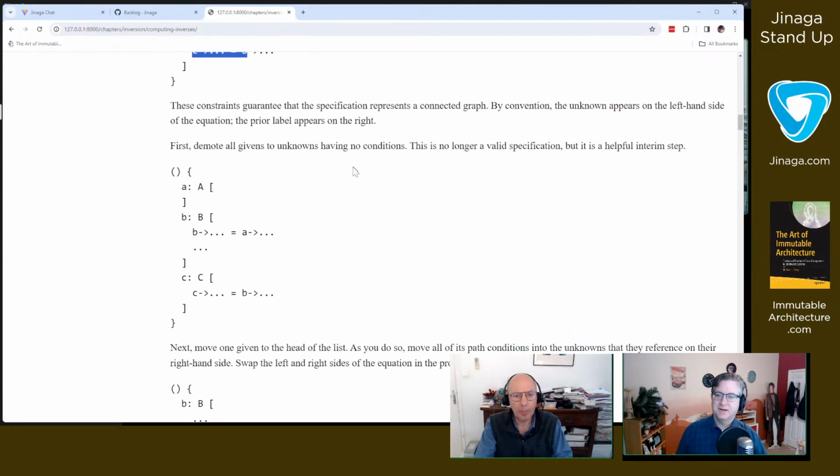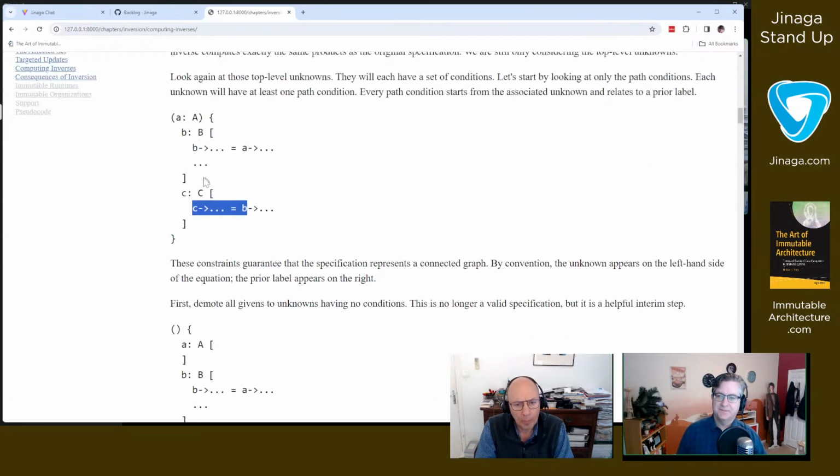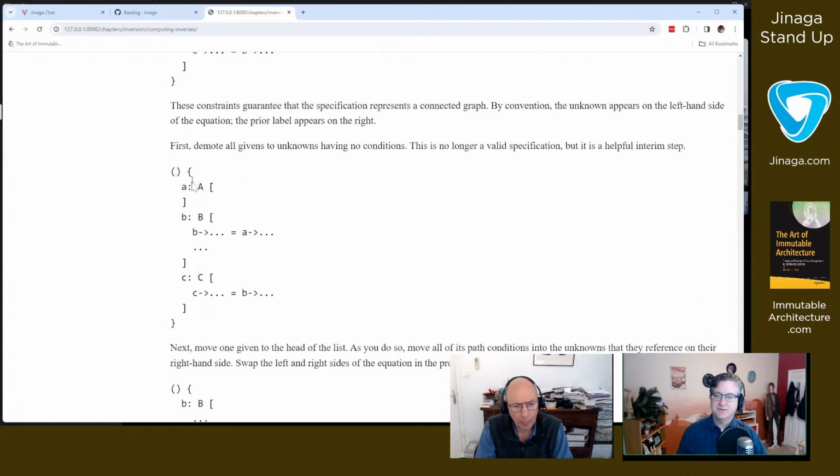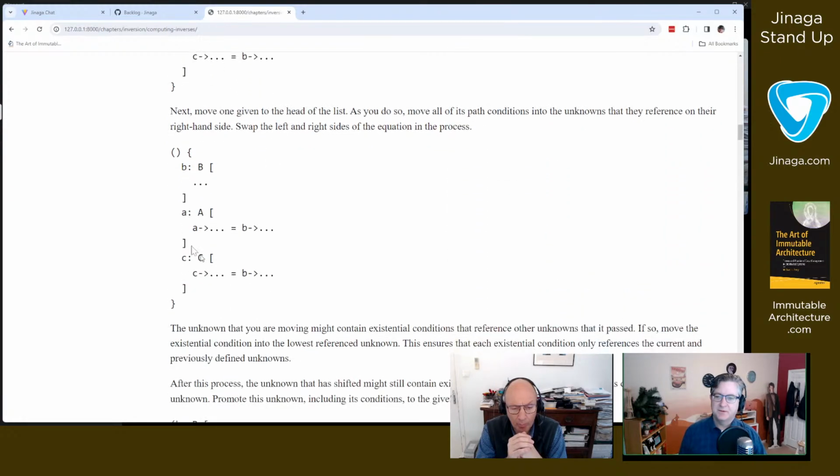So now what we need to do is, given this fact that we've got a connected graph, we can use that to our advantage. Let's demote the given, and now it's got an empty set of conditions on it, so it doesn't have any paths, but the other two do. And then we're going to rearrange things.